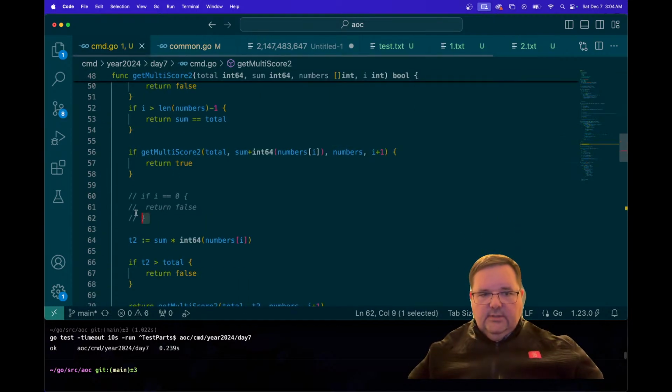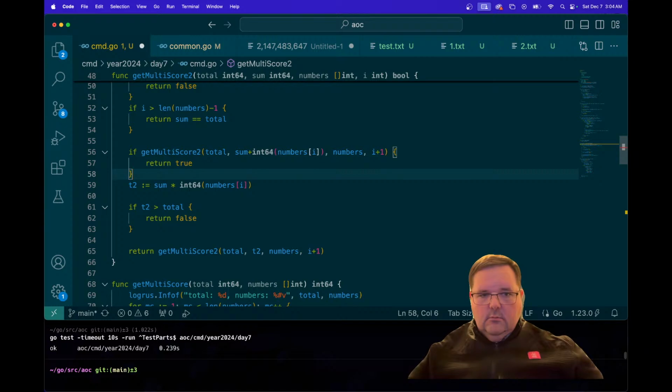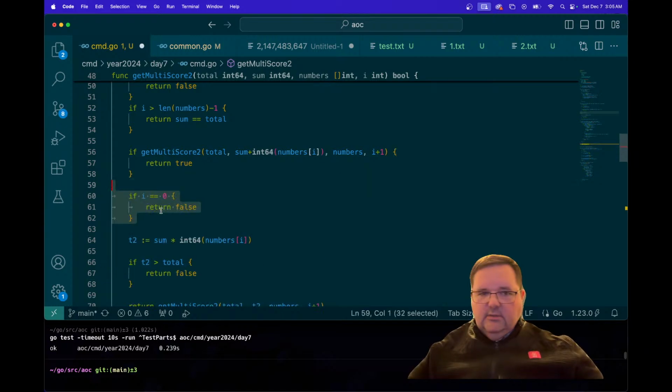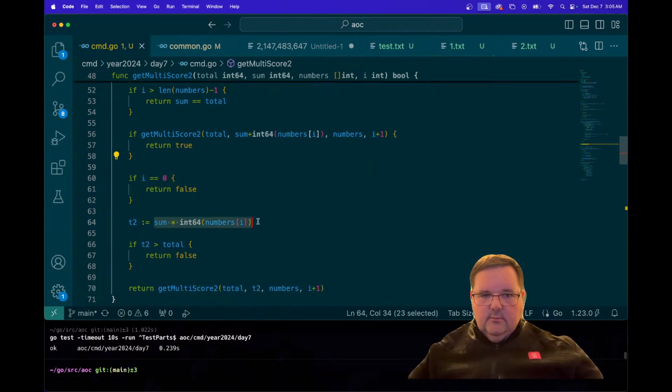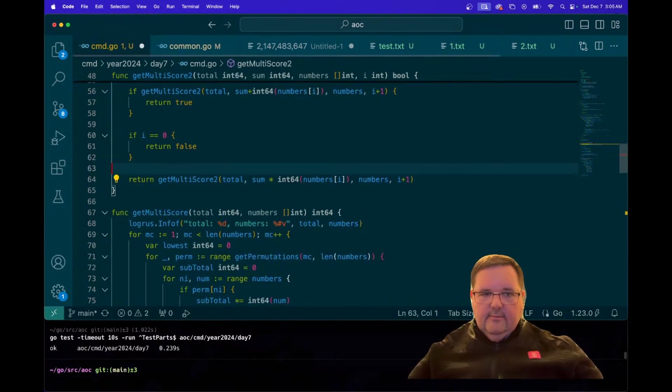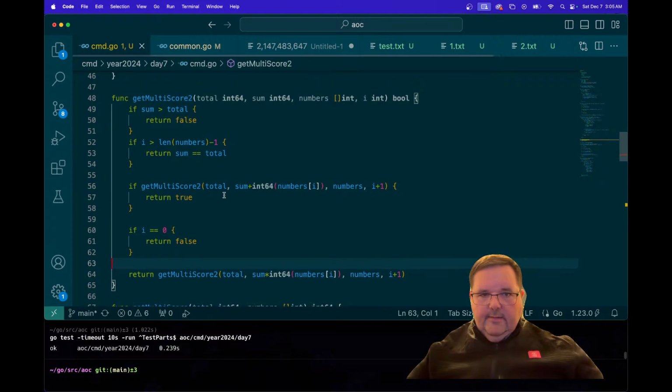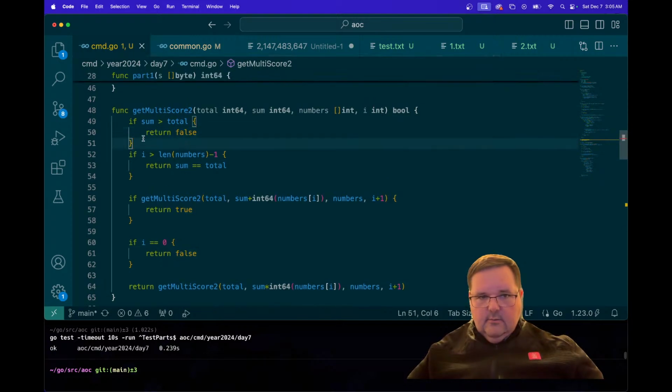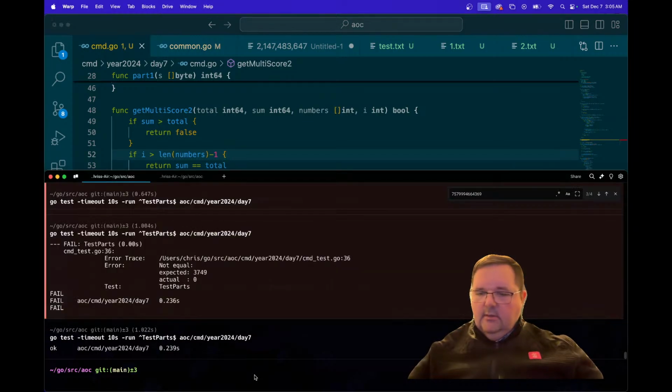Make this a little bit simpler. I'm still gonna leave that in there actually. Get rid of that. And then we know that if we ever exceed,